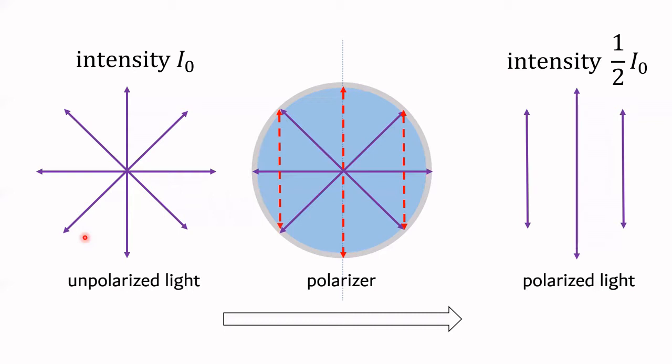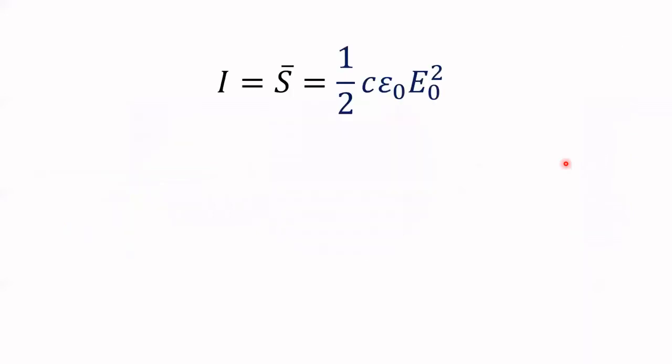All of which have a component which is blocked and a component which is passed. These are the passed components, and 50% is what you get transmitted. Okay. We know from our previous look at the Poynting vector that the intensity of a plane wave can be calculated